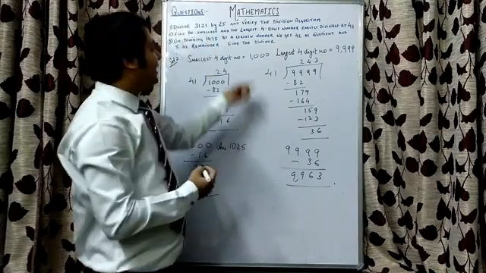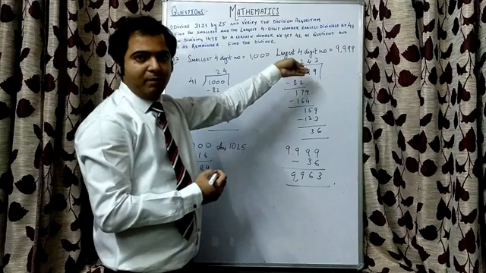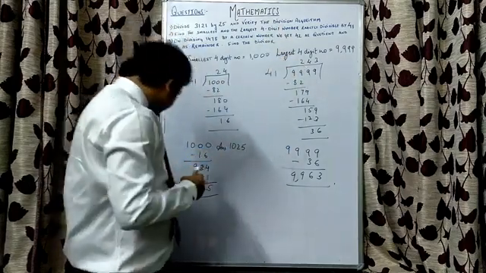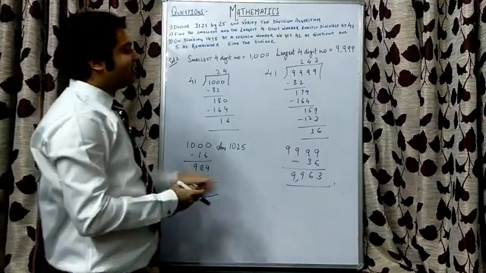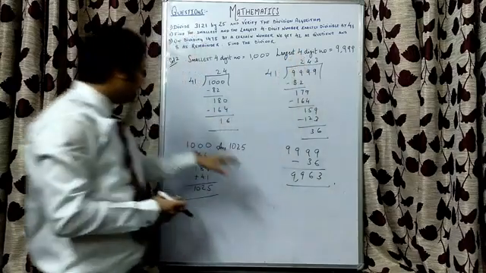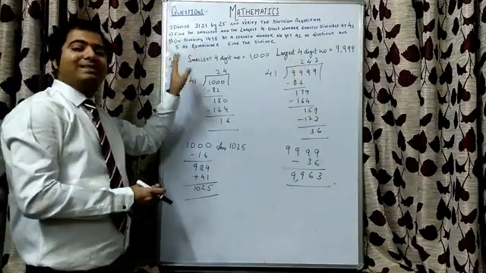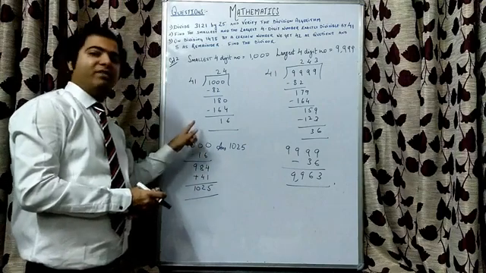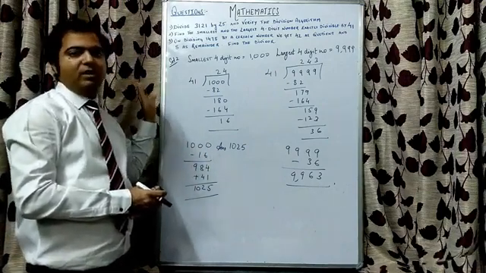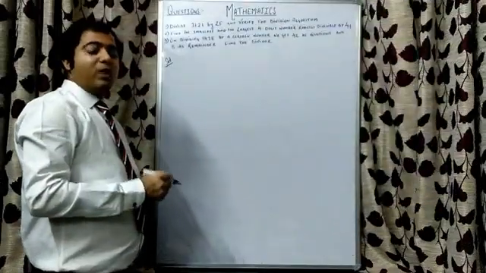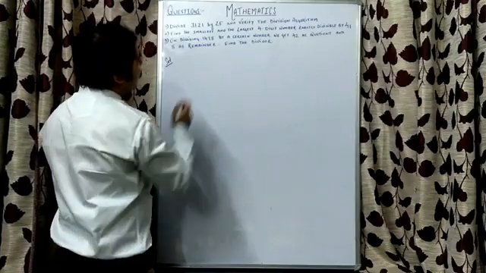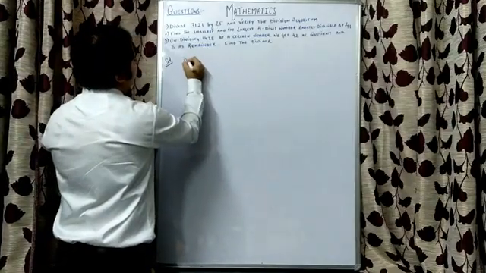So in the exam we can get the largest 4-digit number, the largest 5-digit number. So the procedure will be the same. Just we have to keep one thing in mind, that for the largest we will just subtract the remainder from the dividend, and in case of the smallest we will subtract the remainder from the dividend and then we will add the divisor to the answer.